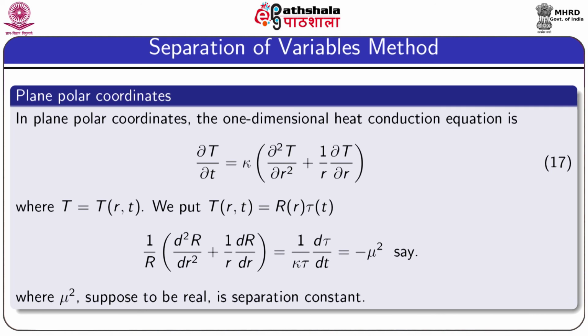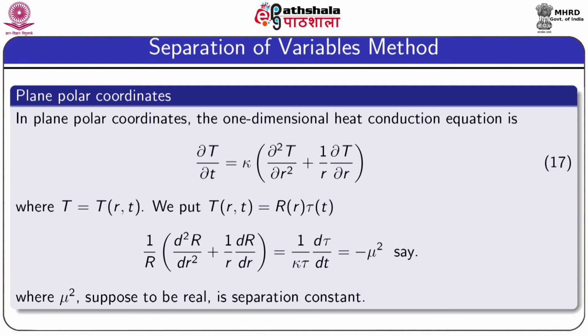For that, we write capital T as the product of capital R and tau, and substitute this expression in equation 18. We obtain the equation written here: 1 by R d2R dr square plus 1 by r dR dr equals 1 by kappa tau d tau dt. In this line we have separated the variables r and t, and now we are assuming the separation constant as